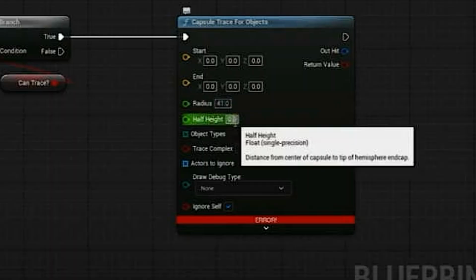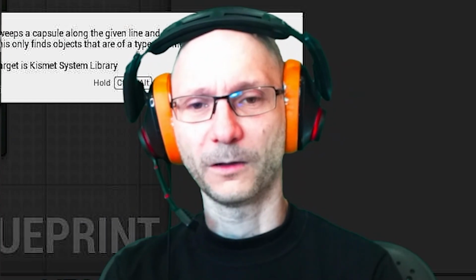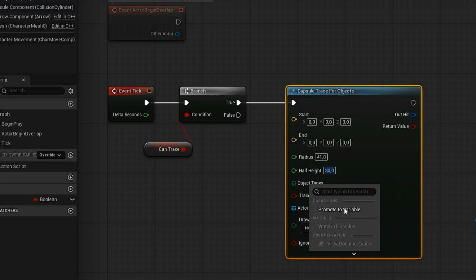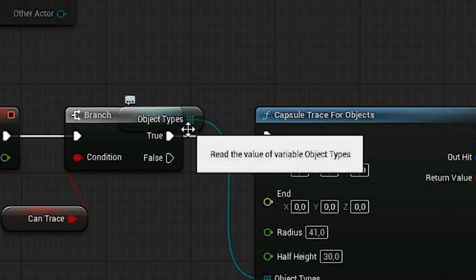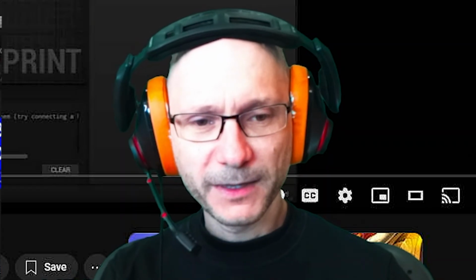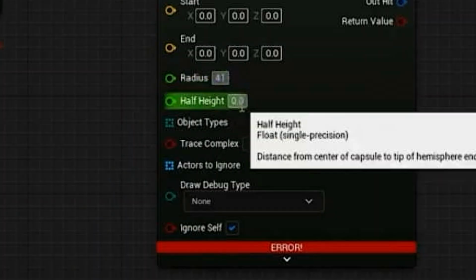Alright, let's continue. Radius 41, and 30 for half height. You can promote the object type, we're promoting the object type. What we got then promoted here, object type, and the radius is going to be 41.